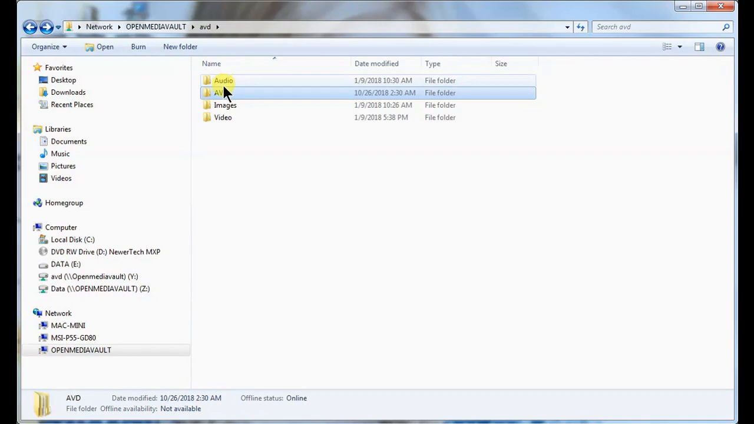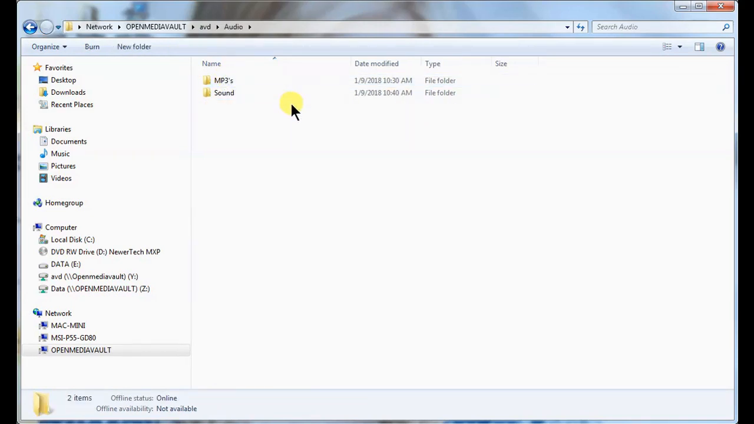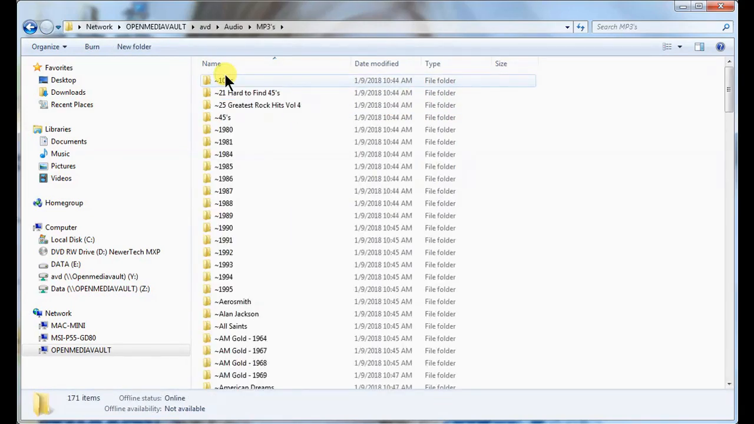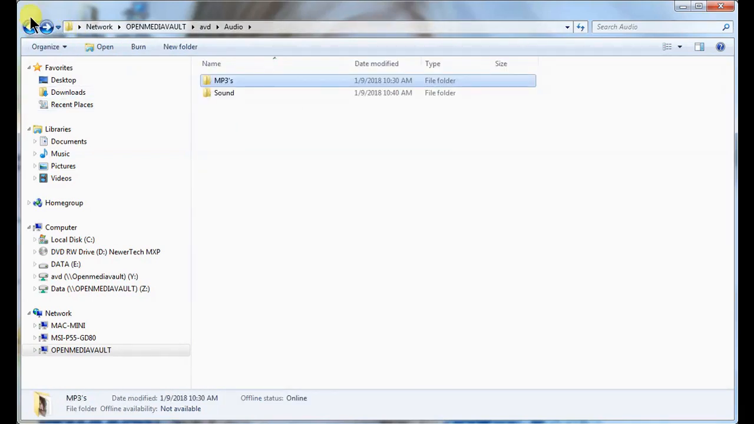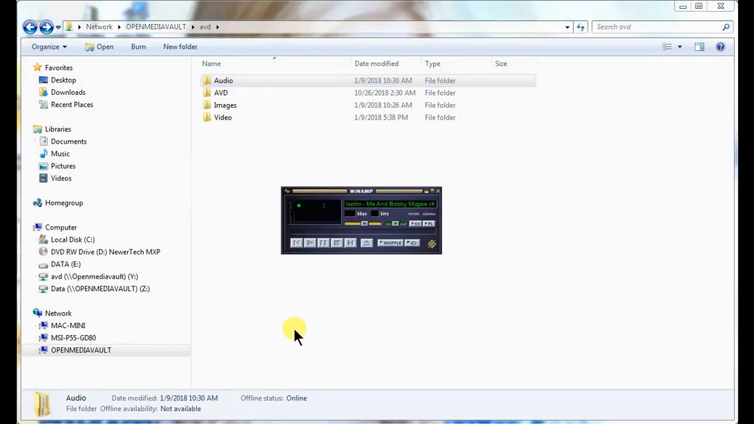Basically, audio is in my, these are my MP3 files and stuff like that. And to show you that it does work, what I've done is I've got Winamp going, and it's underneath the screen. I'm going to pop it up right now. There, you can see it now. And if we click on that,